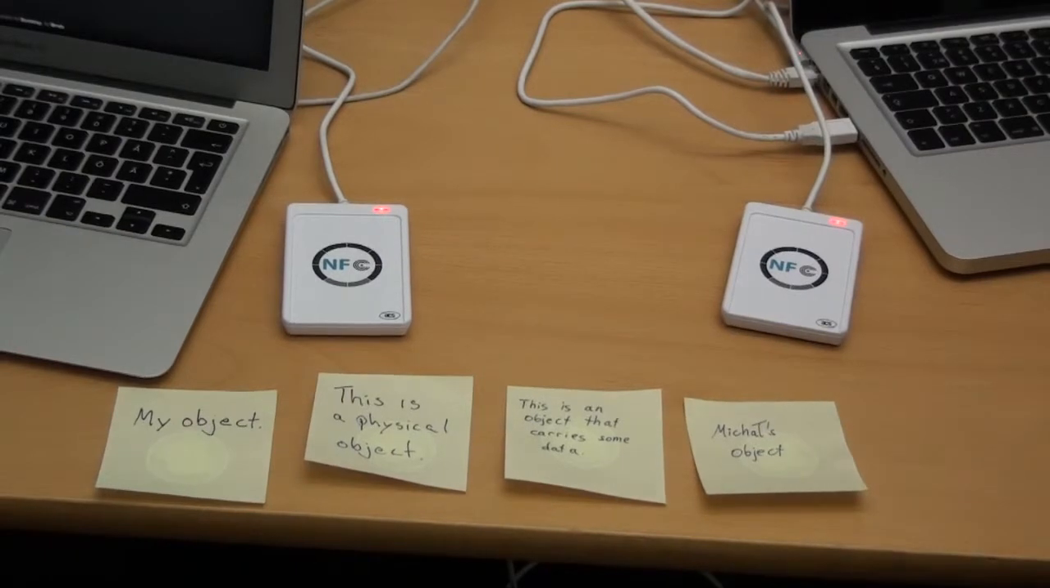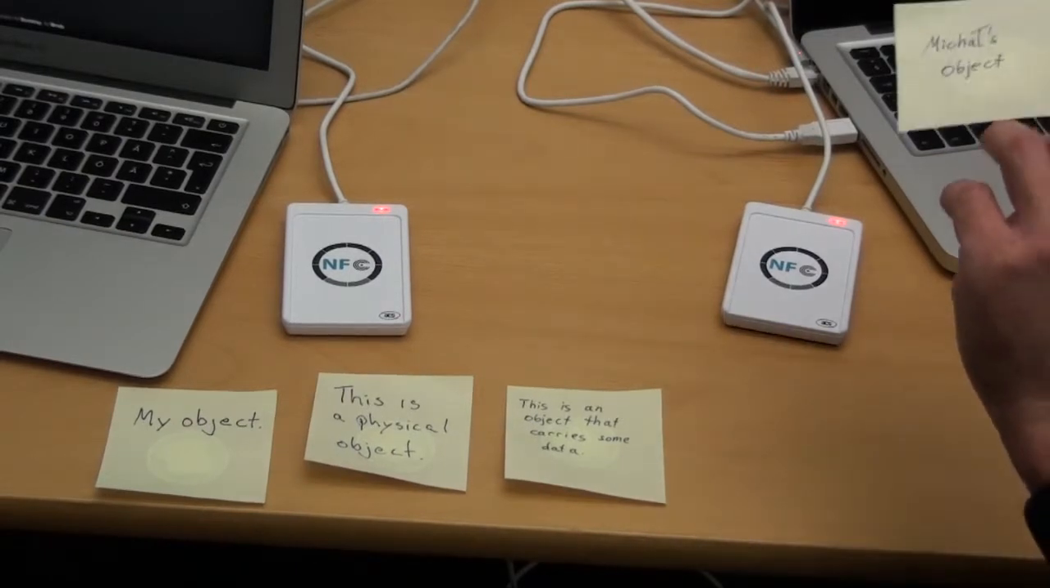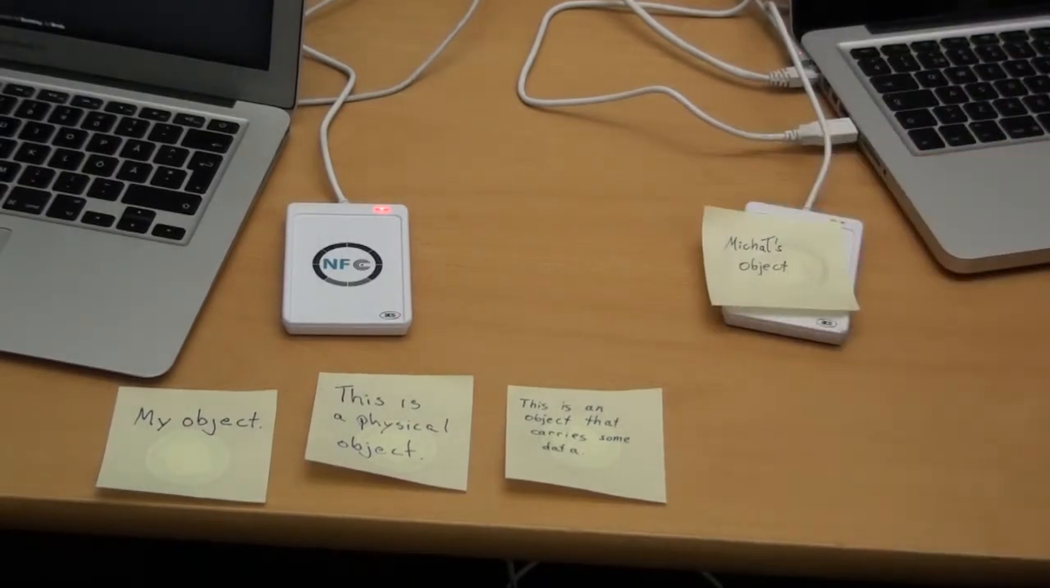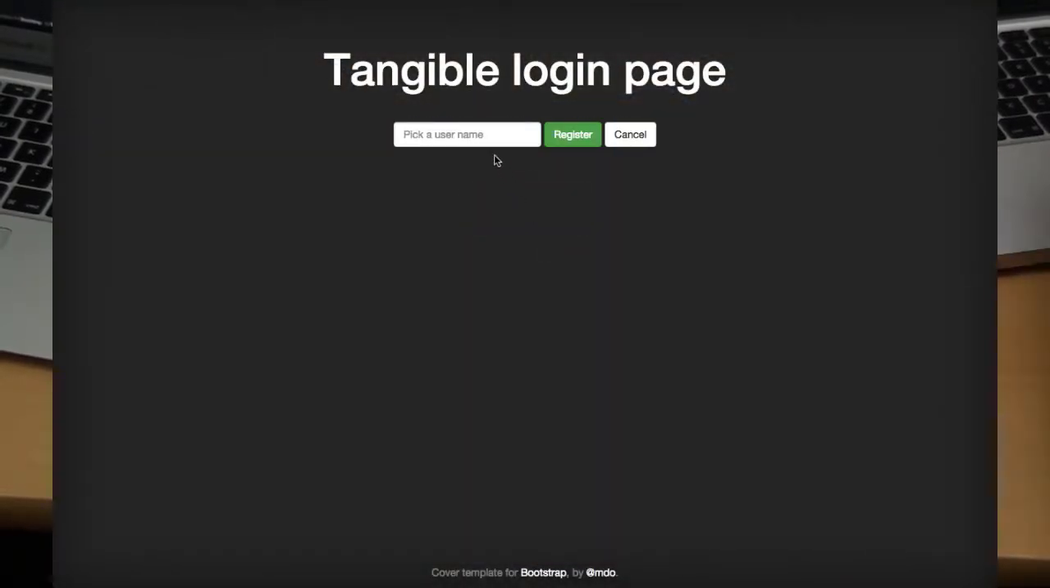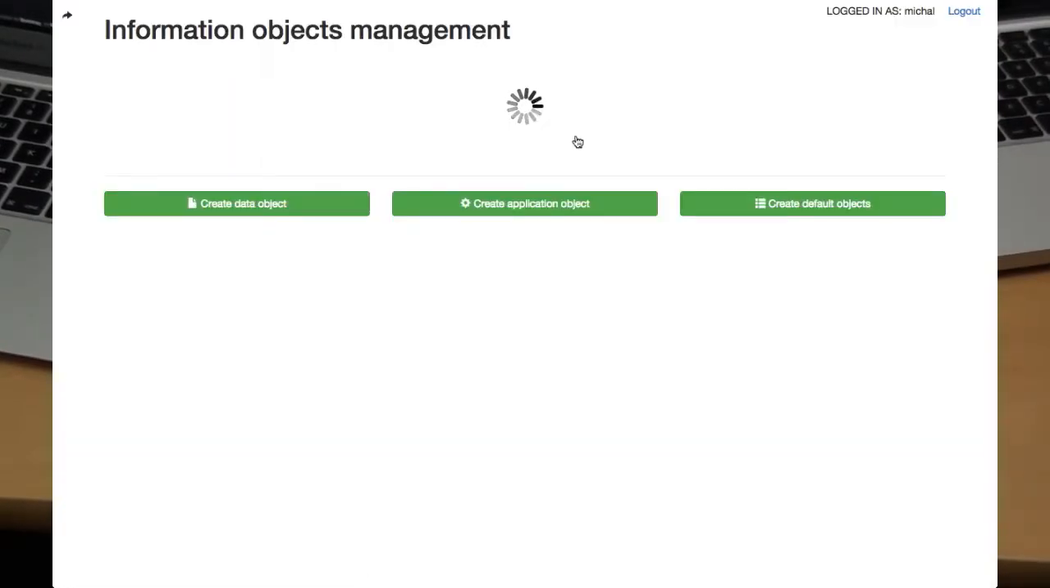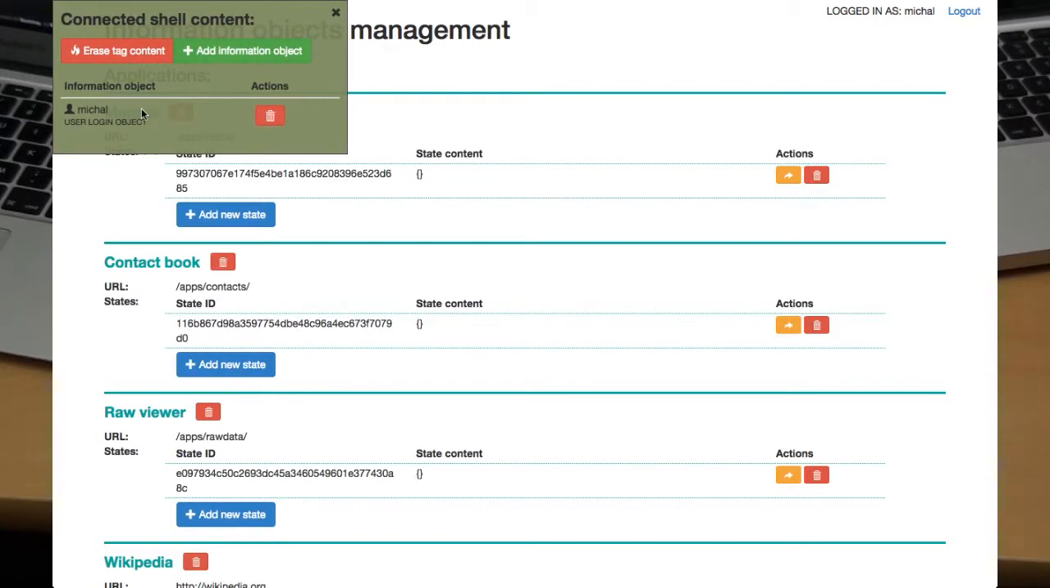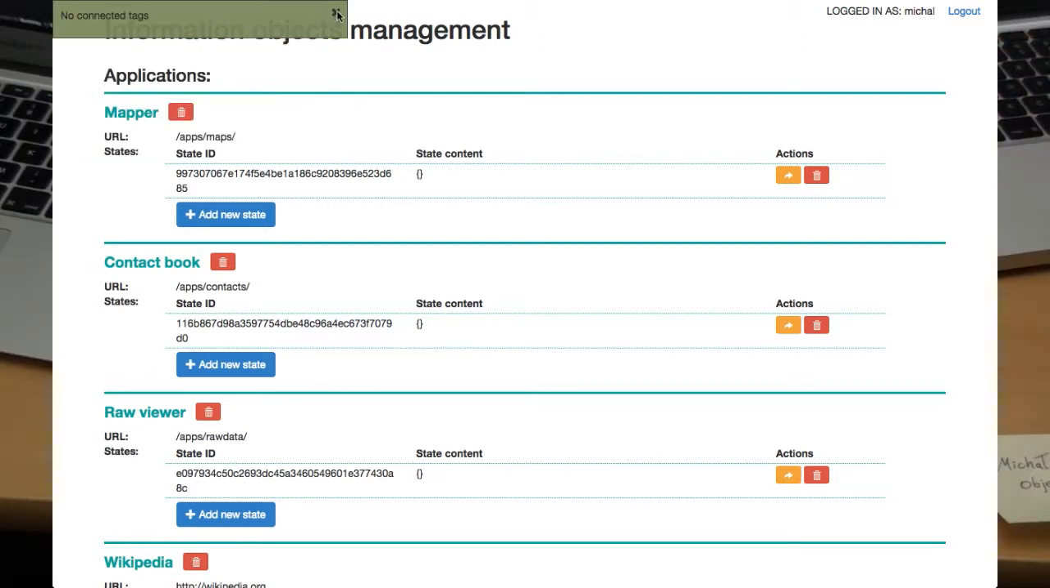First, I need to log into the system. I'll do it by taking one of the objects, an NFC tag, and placing it on the reader. Then I can create a new user, and the details for that user will be saved on that tag. Now the user is registered, and the information about the user is stored on the tag now. I can remove the tag from the reader, and I can proceed to tell you about the management panel of